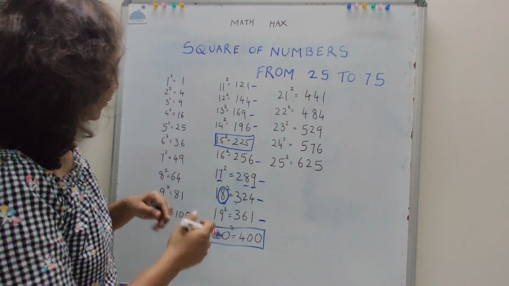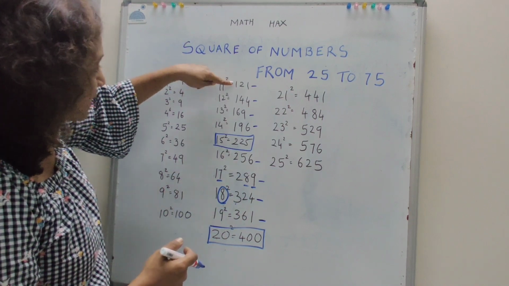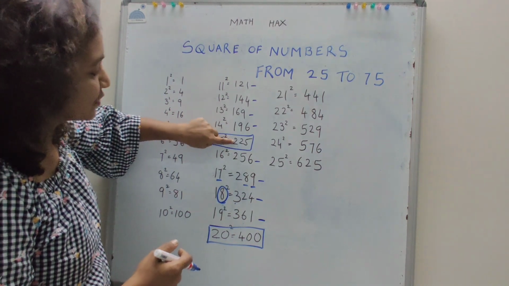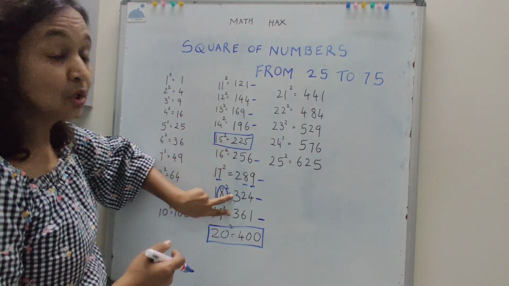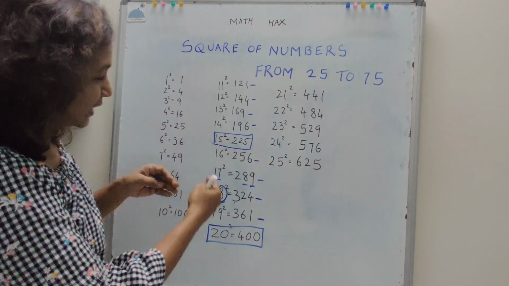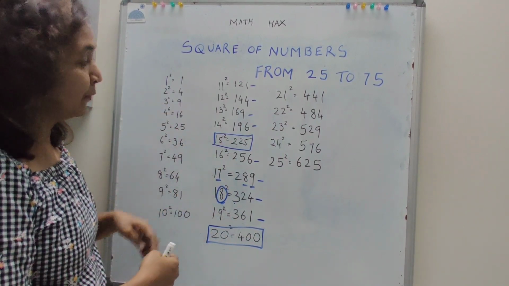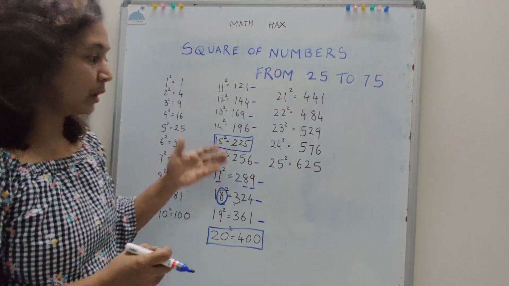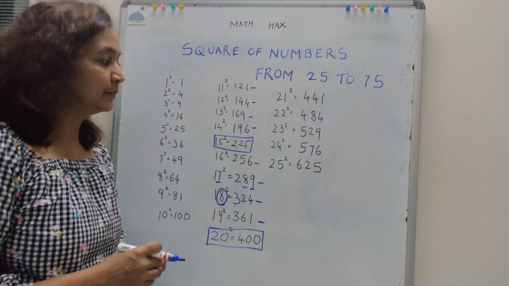So you can just form a few tricks and then you can say that this 1 comes 1, 2, 3, 4 times. Then this 2 comes 3 times, 1, 2, 3. Then 3 comes 2 times and 4 comes only once. So if you try to observe this pattern, it will help you to remember these squares. So just learn by heart all these squares before we move further.